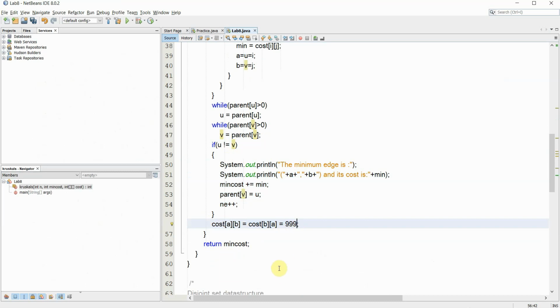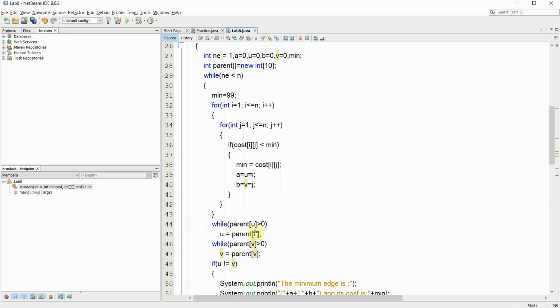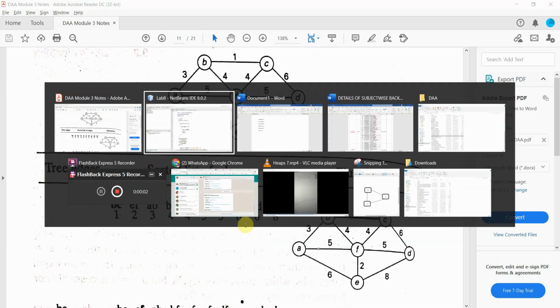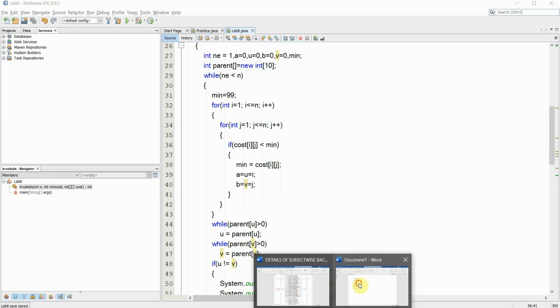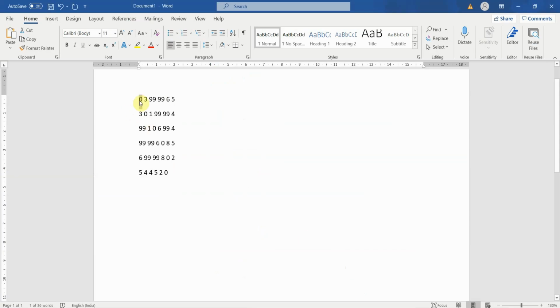So what does it mean? Once you have processed this, you should not do it again. Therefore, for the next iteration, make it 99, so that in the program logic this value will not be considered, isn't it?